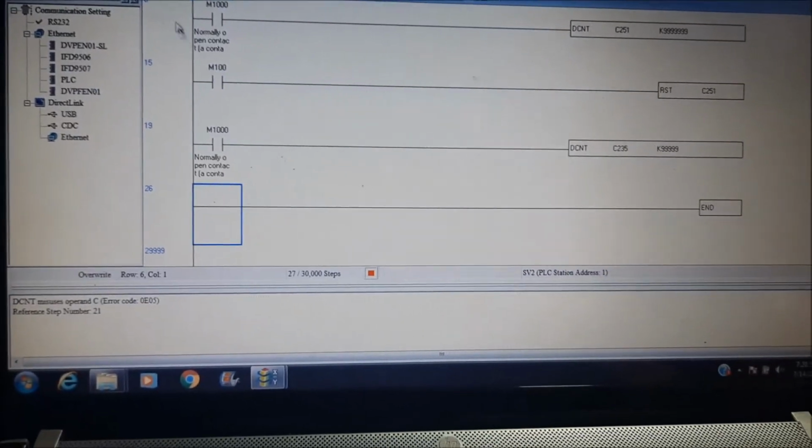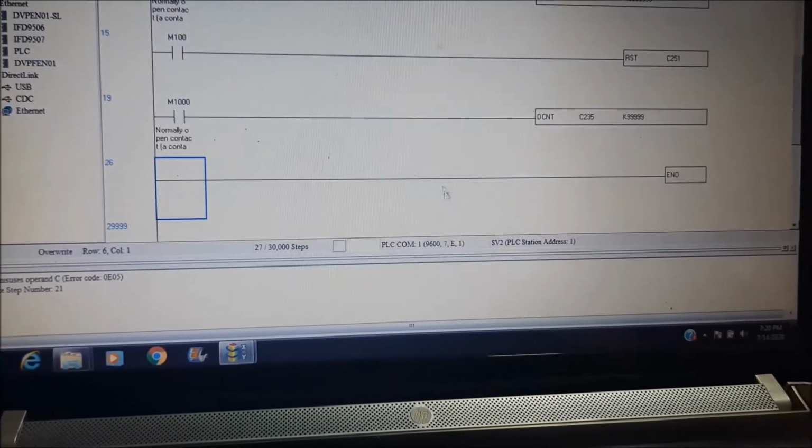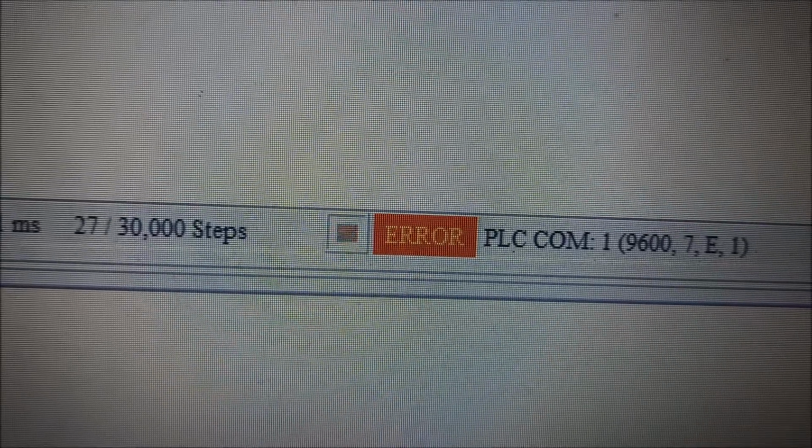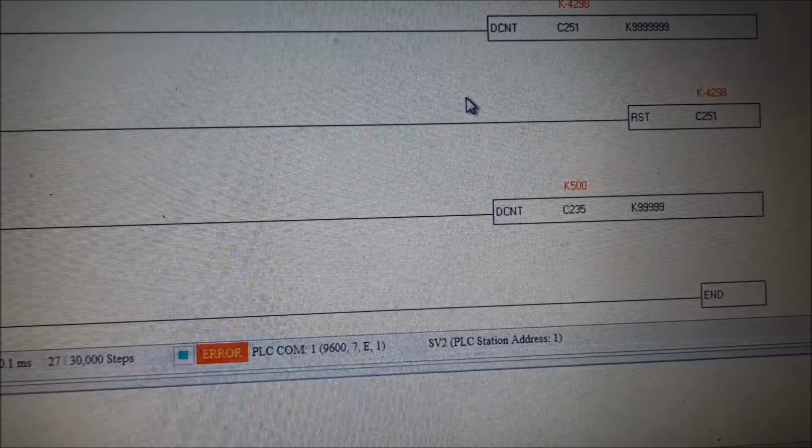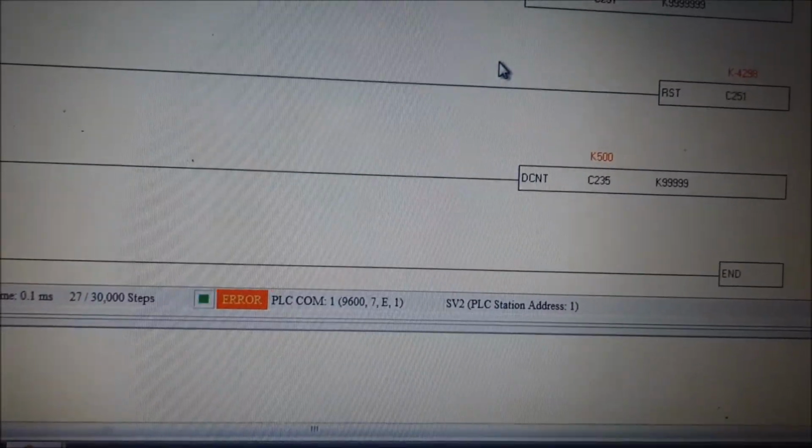Okay, the program is downloaded. Again we go online and let's see what it is showing. Error. Why is it showing error? Because we have taken both single phase and double phase on the same input, so we can't take both.